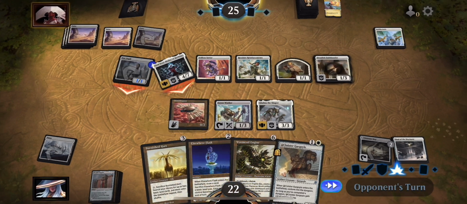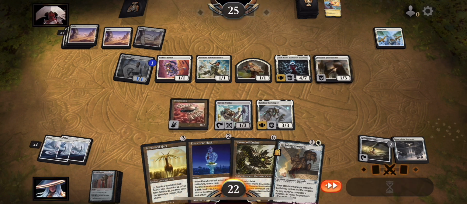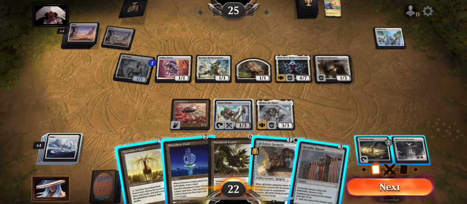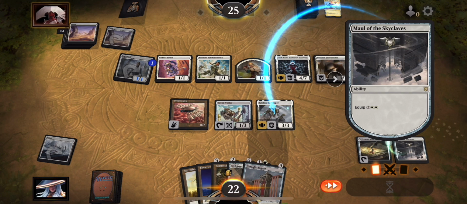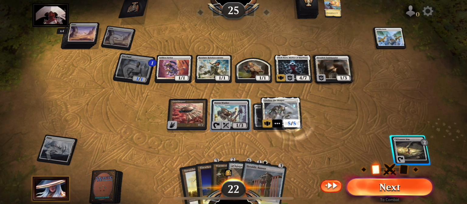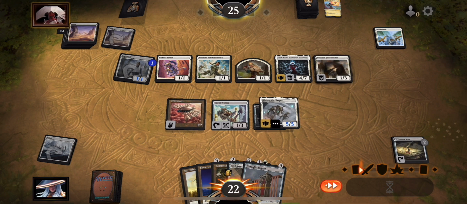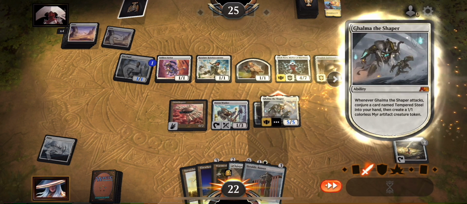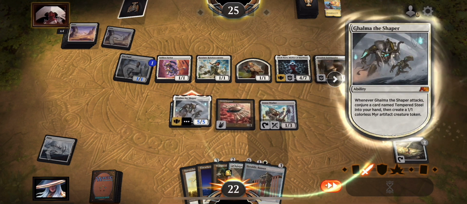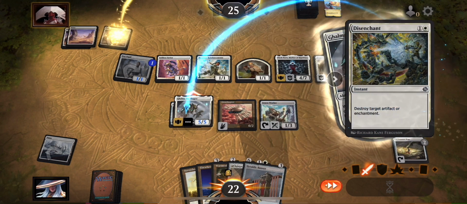Alright, take 5. Not too much right now, but it always seems like that with Elesh Norn. Alright, let's just equip the Maul of the Skyclaves right here. Really hope our opponent doesn't have a removal spell anytime soon. We're going to be attacking for 5. And now we just guaranteed get a Tempered Steel, so no matter what happens...